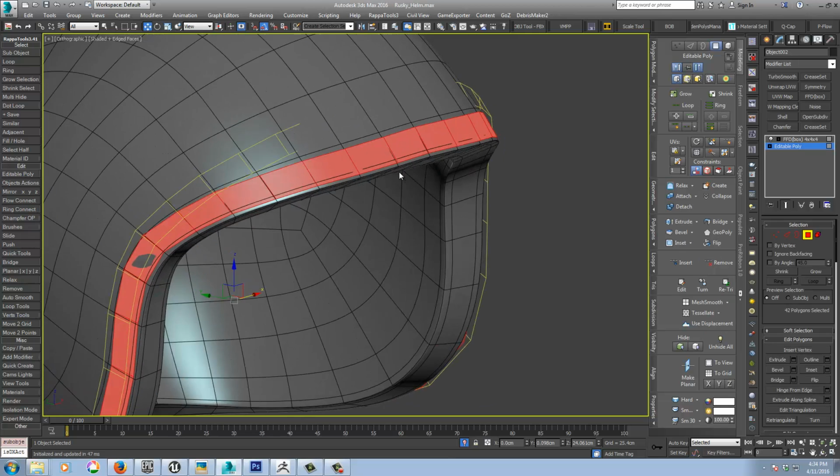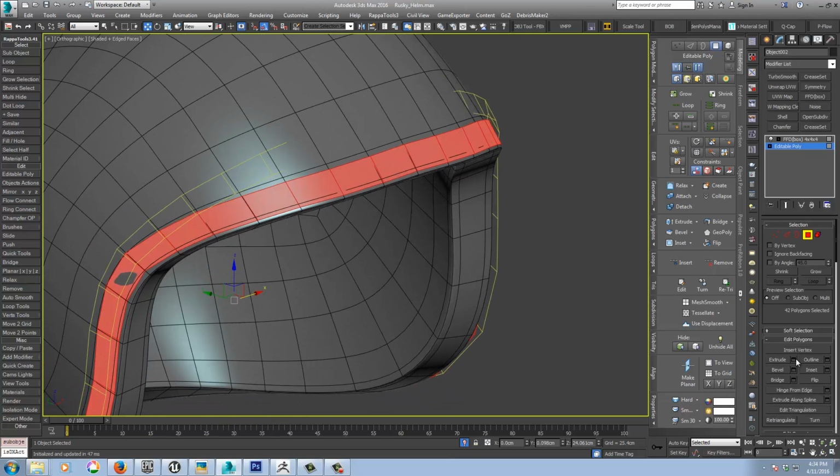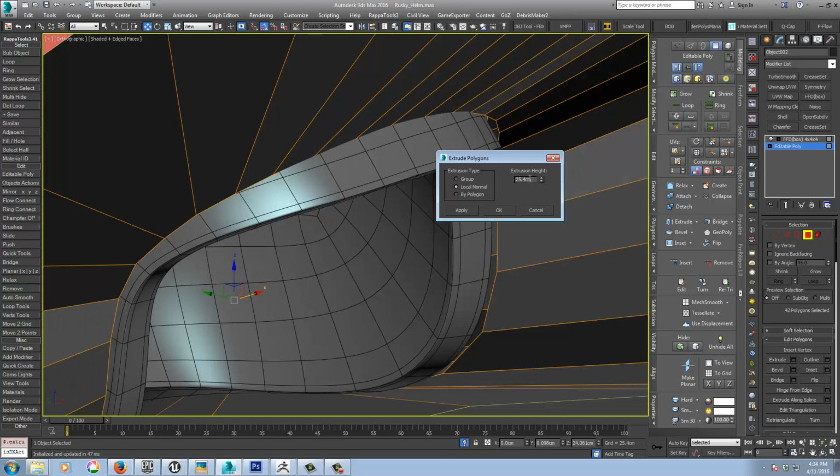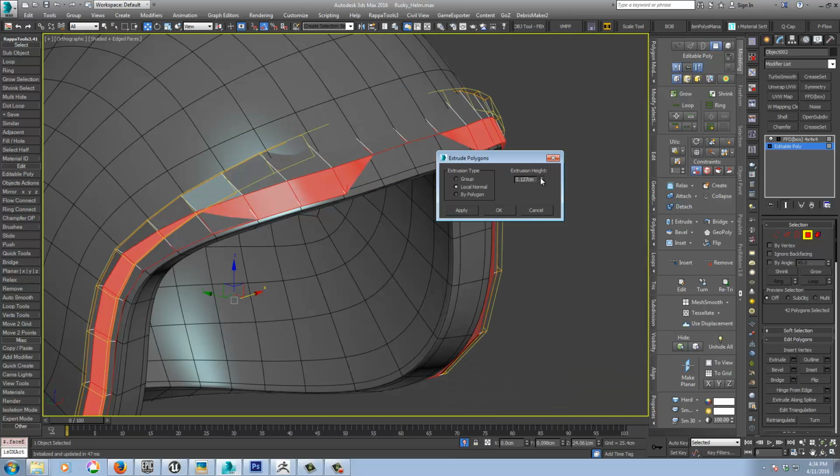And select all of them, extrude by local normal,